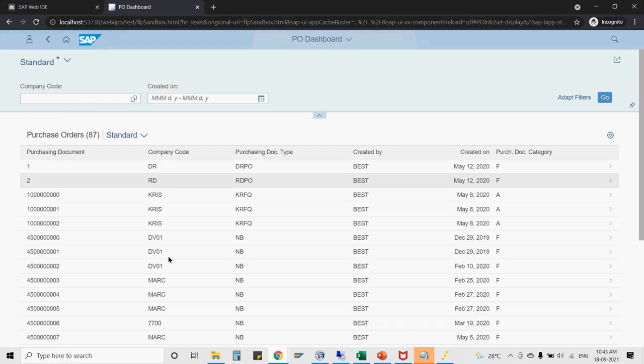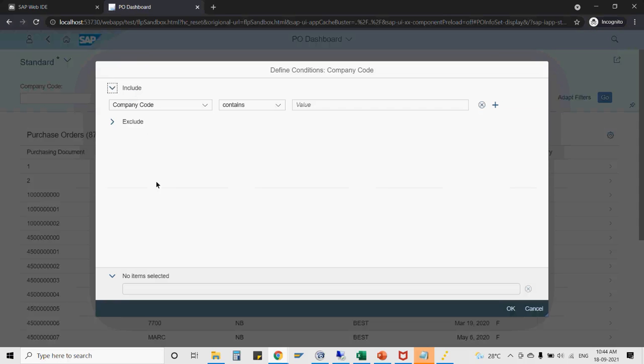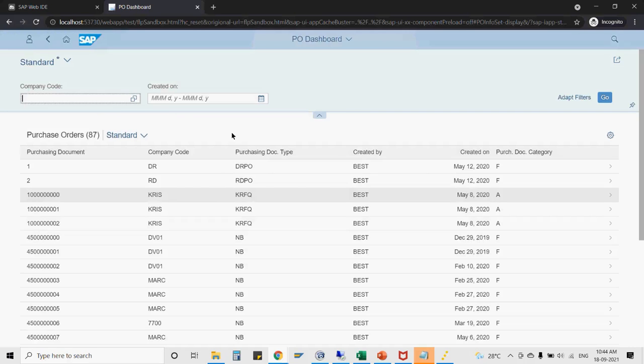For passing any sort of company code, my user needs to keep on memorizing what particular company codes are available at my UI level and what at the data level. I don't think the user would be happy seeing that, right? If I say value help over here, I'm not getting anything. So if I want to add a value help over here,